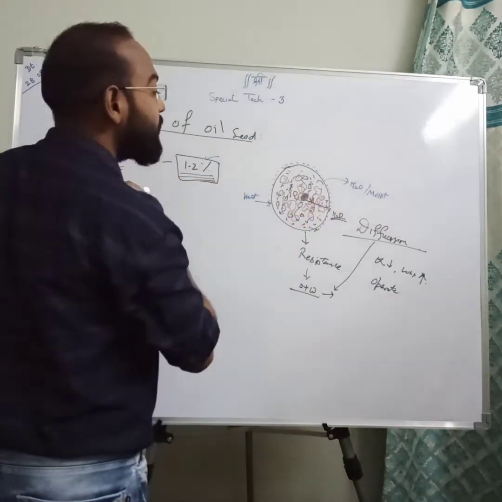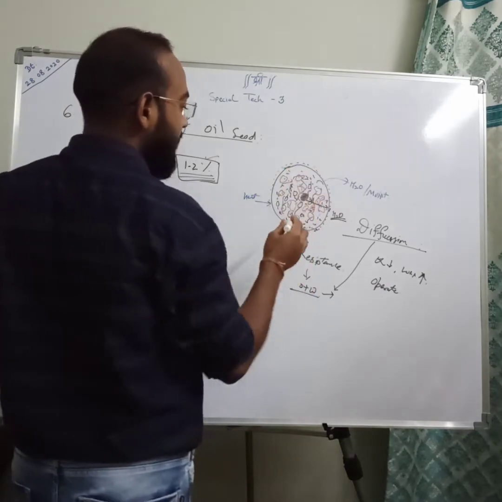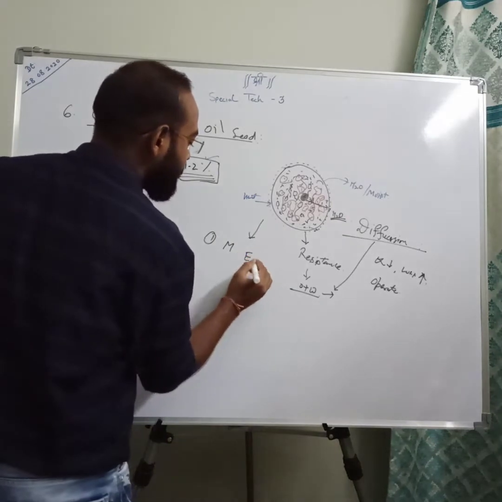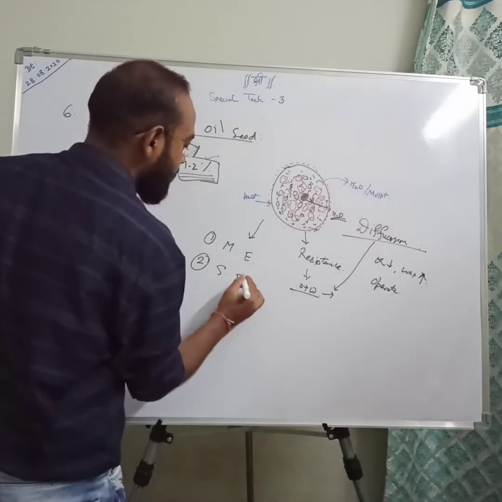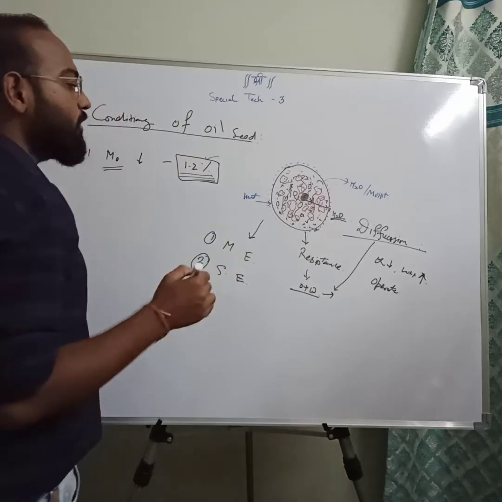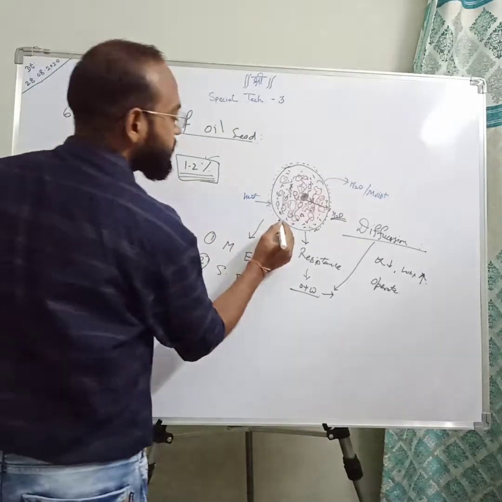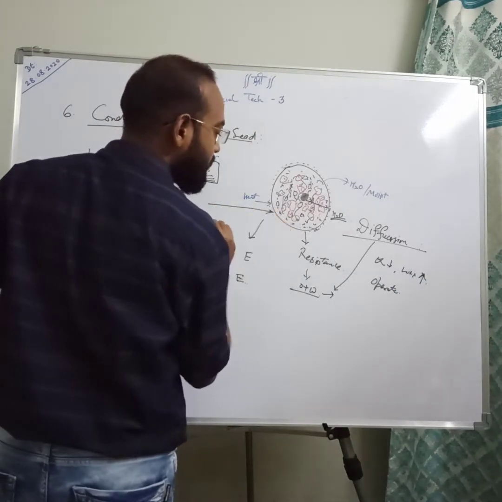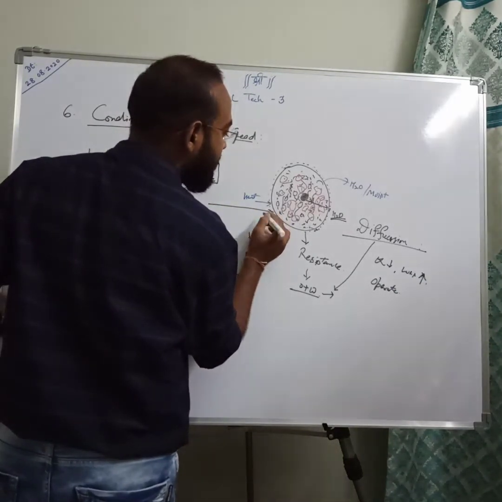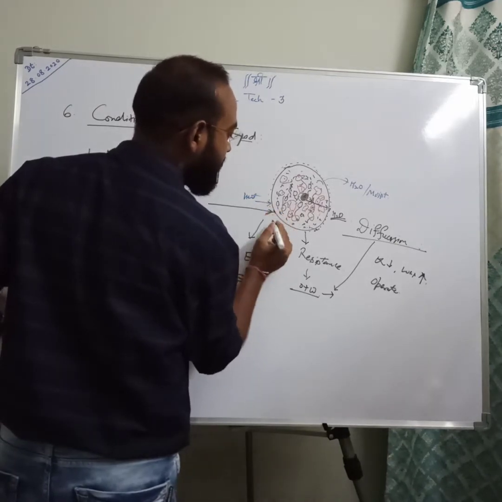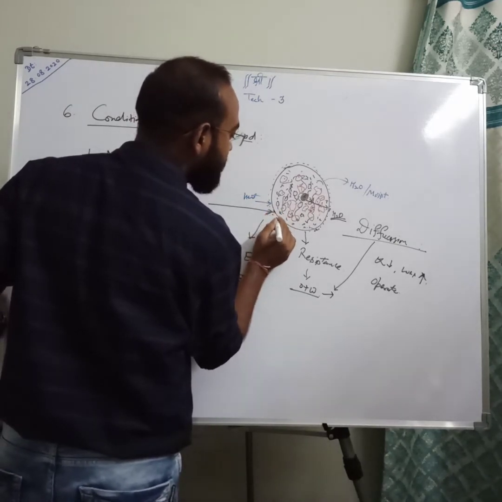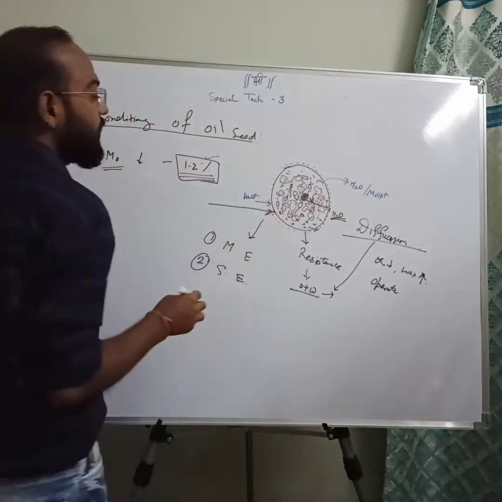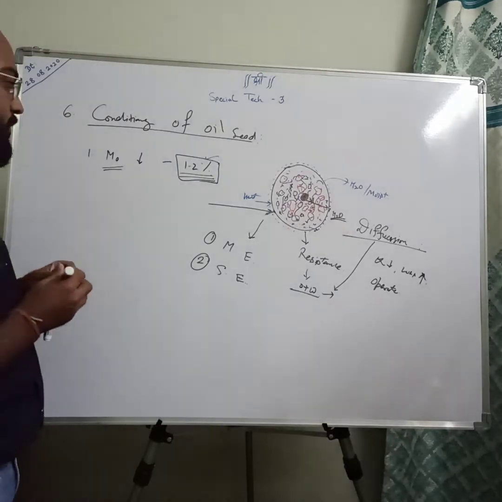There are two different processes available to extract or express the oil. The first one is mechanical extraction, and the second one is solvent extraction. In the case of solvent, it also plays the same role. If the solvent comes from outside, it never goes directly to the outer surface of the seed. It initially meets the water present outside the layer, and here it again plays the role of resistance.